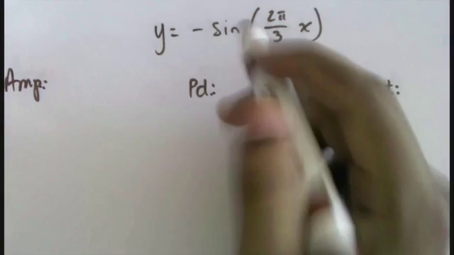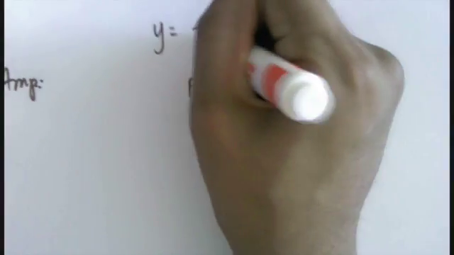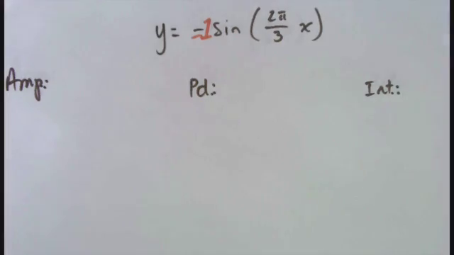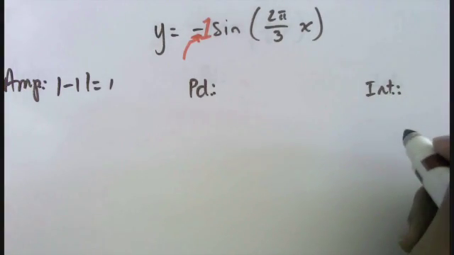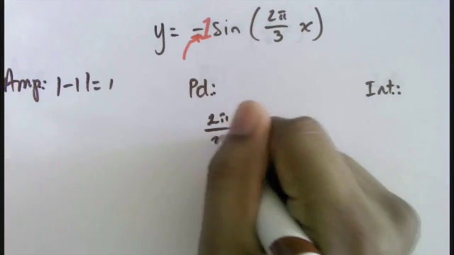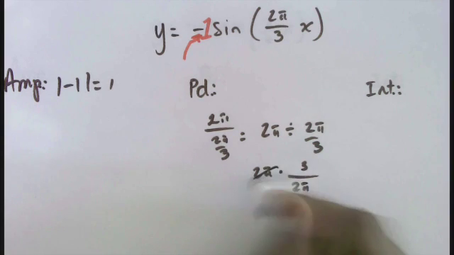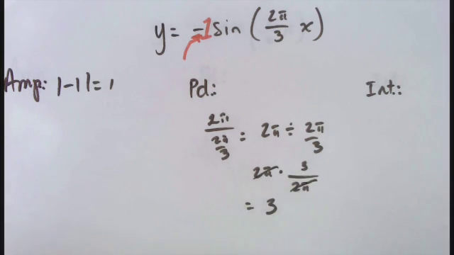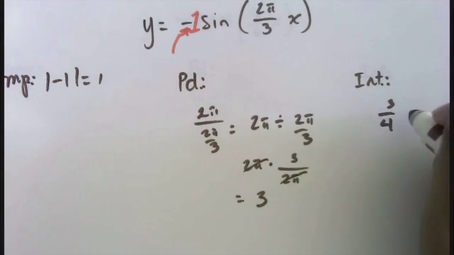The amplitude, the number in front of sine, is going to be a negative 1. Notice we do have our negative, so we want to be careful with that. Our amplitude will be the absolute value of negative 1, which is 1. Our period will be 2 pi divided by the b value, which is 2 pi over 3. Notice that the 2 pi's, once I multiply by the reciprocal, will be on the top and bottom, and I cancel and am left with the period of 3,